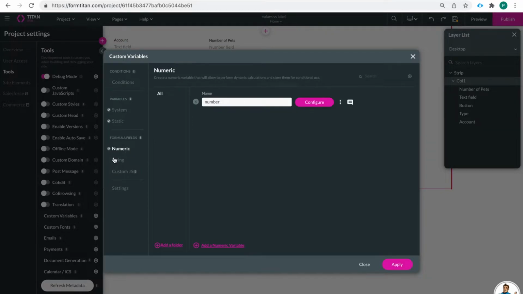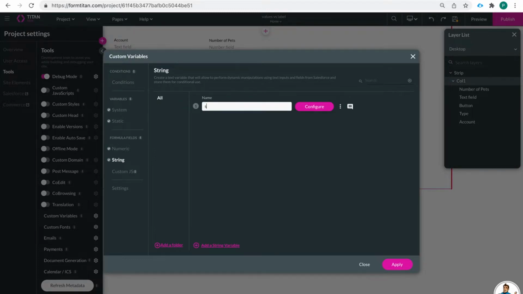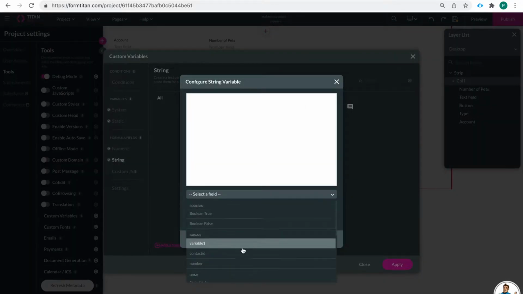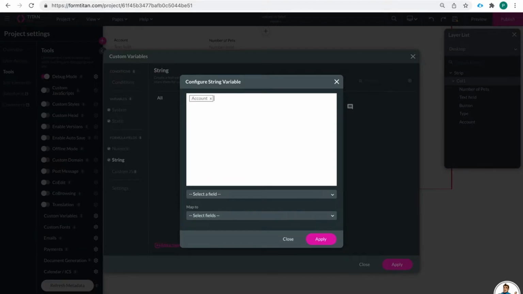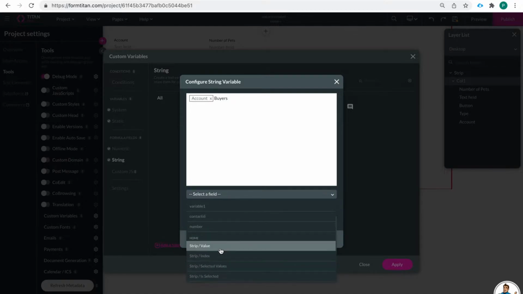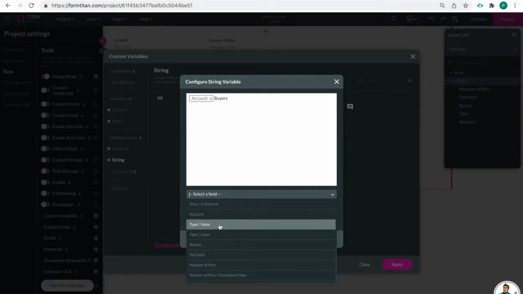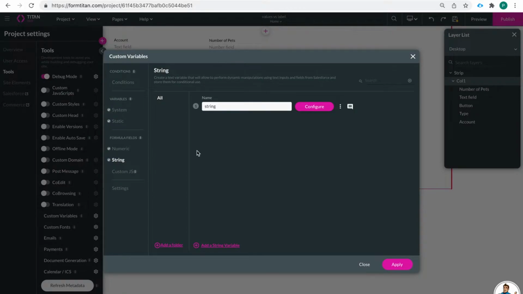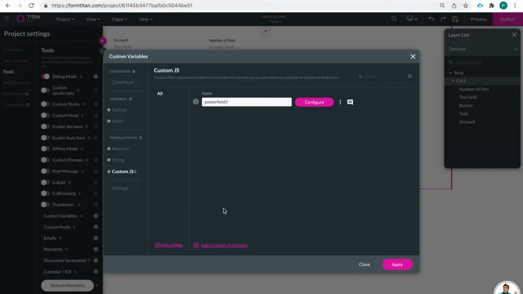And let's do our string here. We'll call this one string. And then we're going to configure this. So strings can be a combination of things. So I'm going to do account, and then say buyers, and then I'm just going to add in another field here, type value. Okay, so that is my string, and then the custom JS, call it JS,